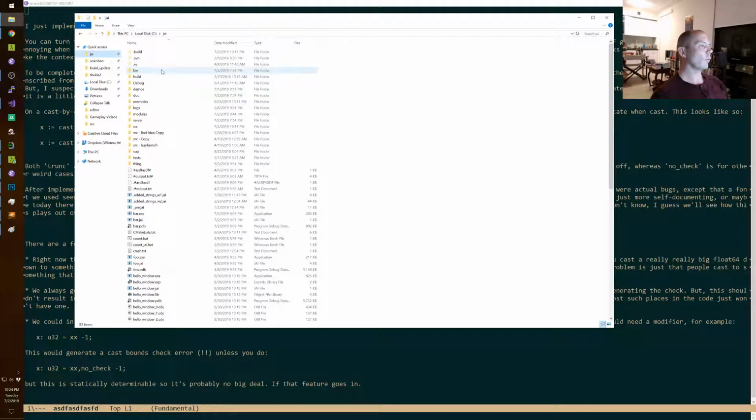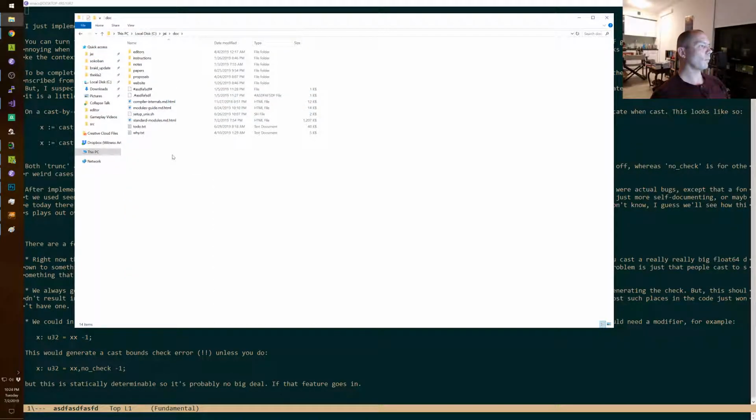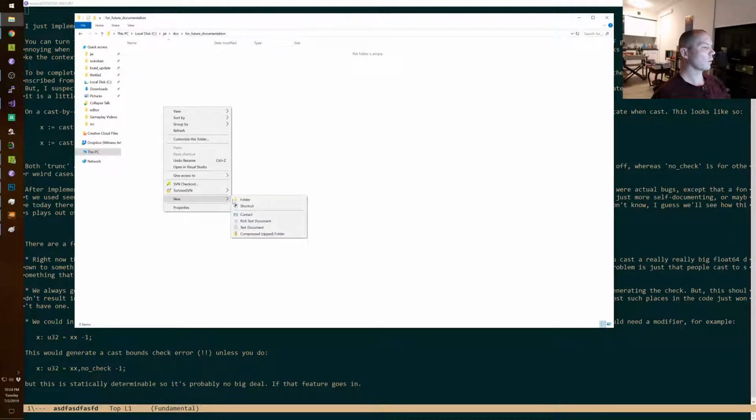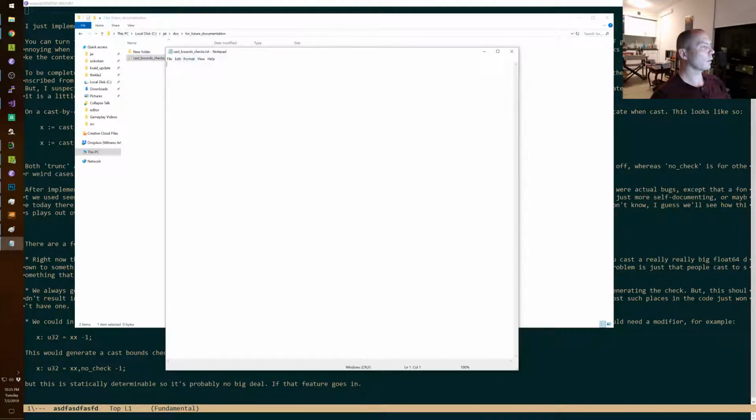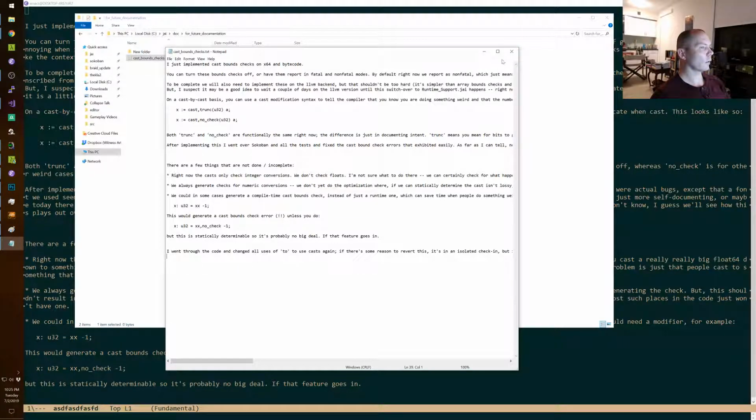So, for future documentation, cast bounds checks. It's not a folder.